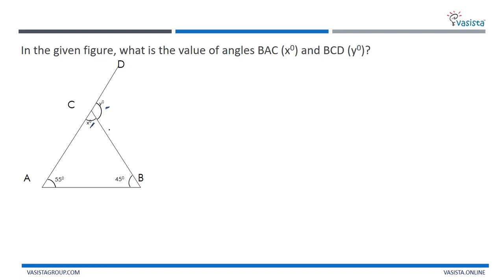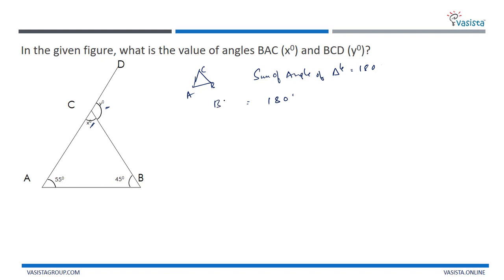See, let us first consider the triangle ABC. They have given 55 and 45 degree, right? The sum of angles of a triangle is equal to 180 degree. So now this is going to be 180 degree. So we have to find out